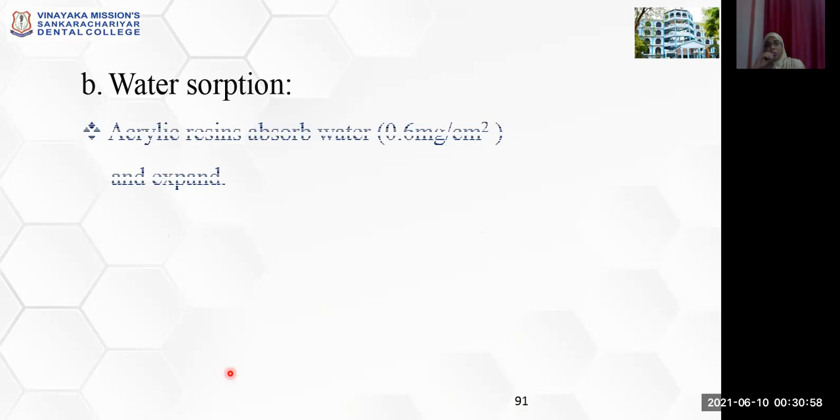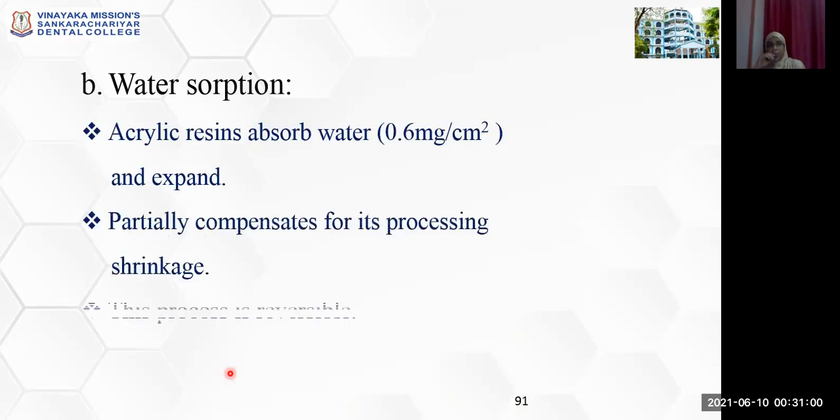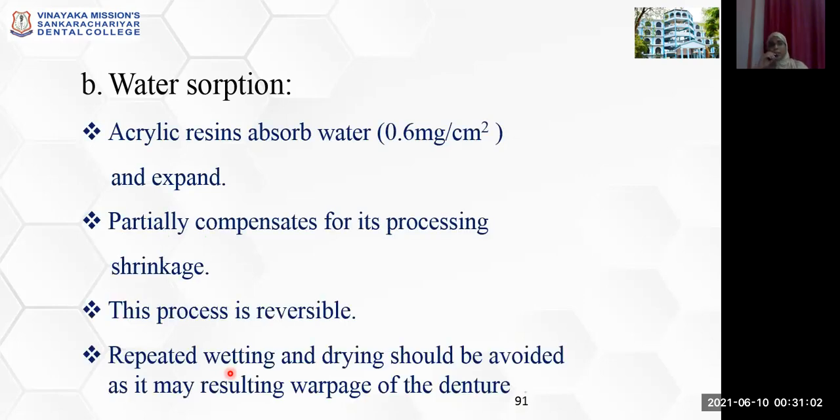Okay. Next is water absorption. One thing you have to know about water absorption is that acrylic resins absorb water, and the water absorption is around 0.6 milligram per centimeter square, and yes, after absorbing water they expand. This water absorption partially compensates for the polymerization shrinkage which usually takes place in the denture base materials,